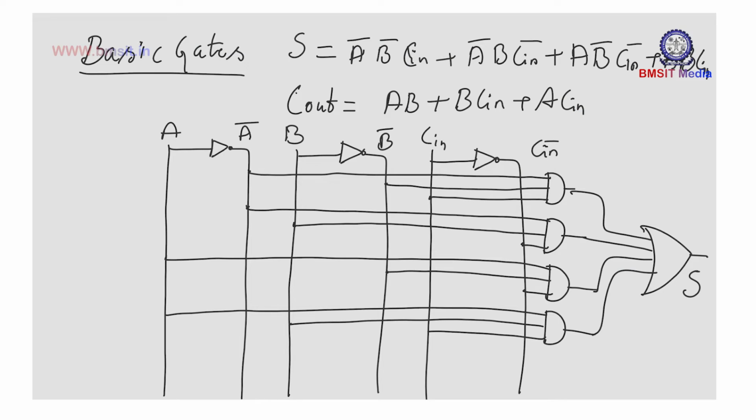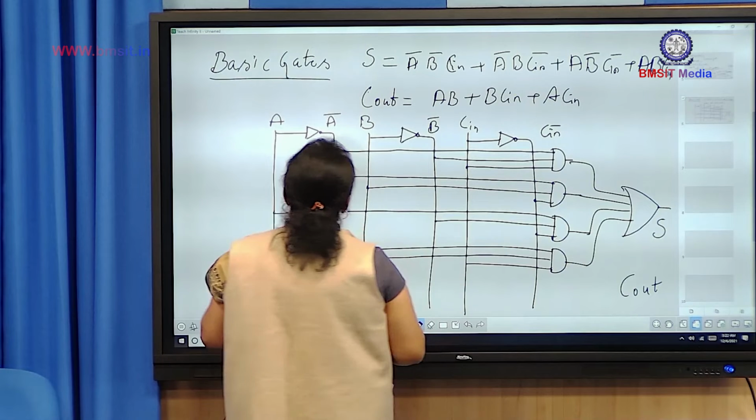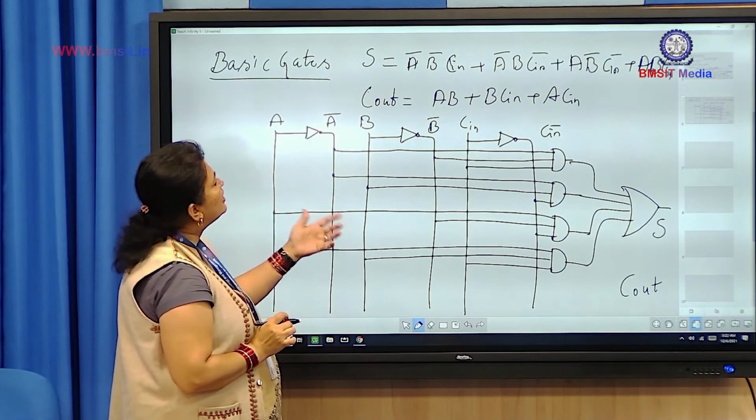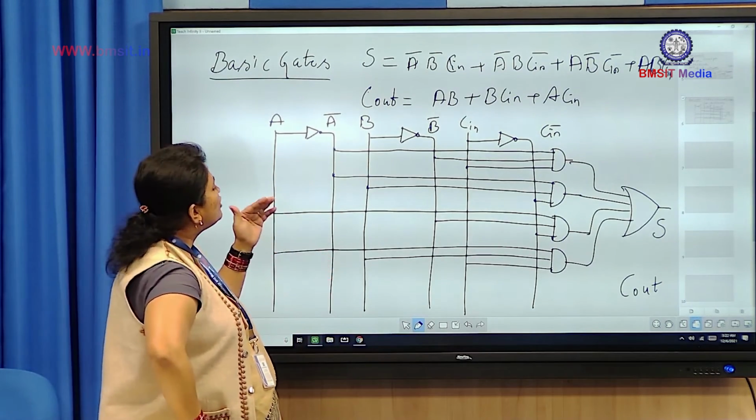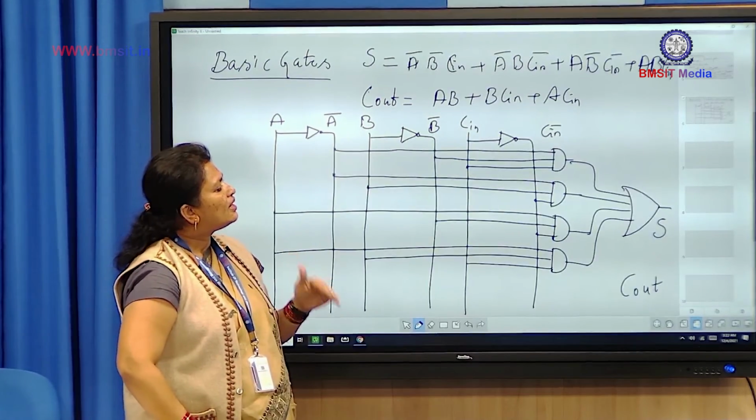Similarly, you can find out the implementation of carry out. So this was about the implementation of full adder using derived gates, using basic gates, and at last we have